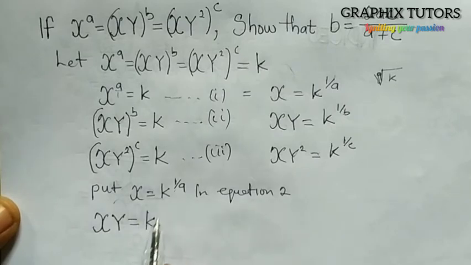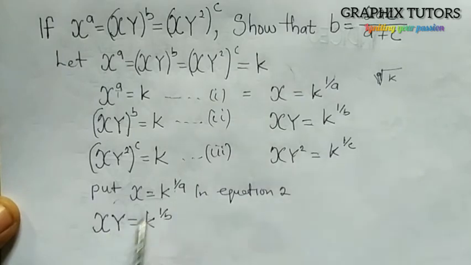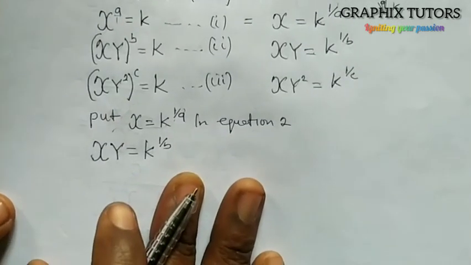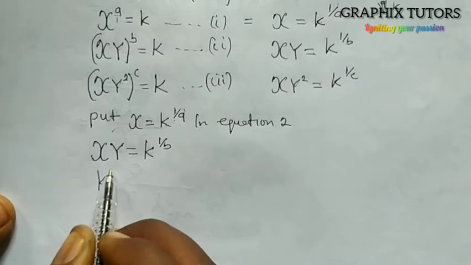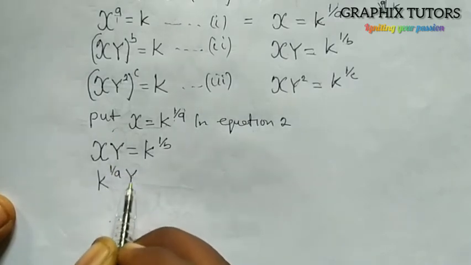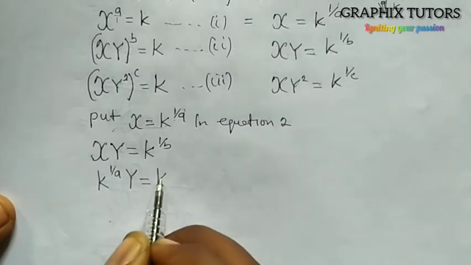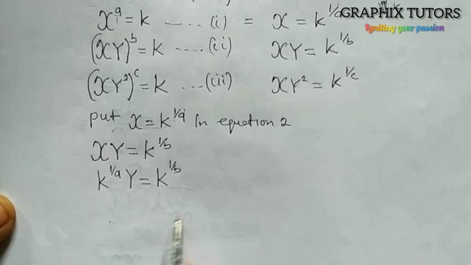K to the power of 1 over b. So I'm using this. Now what is my x? My x is k to the power of 1 over a. So anywhere I see x, I'm going to put k to the power of 1 over a. This will give me k to the power of 1 over a. Then my y is equal to k to the power of 1 over b. Now if I divide both sides by k to the power of 1 over a